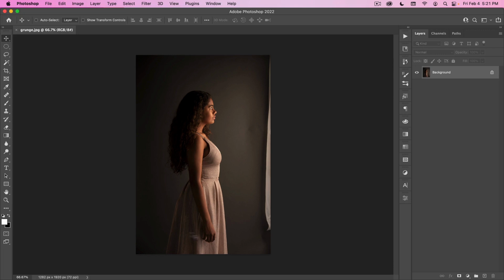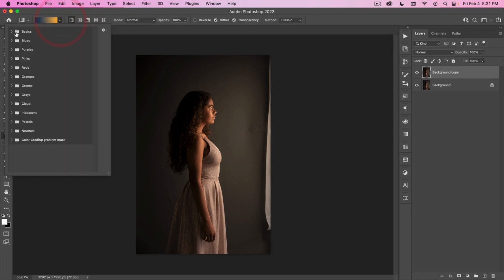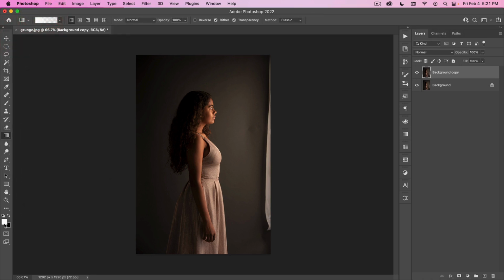And I want to make this look a little more painted as well. So first, let's make a copy of it. And I just want to get rid of this. So we'll go on our gradient tool, which is G on the keyboard. I want to make sure I have linear gradient and go to basic and just select foreground to transparent. So that's this middle one here. That's whatever color you have as your foreground. It's going to go from that color to no color at all.